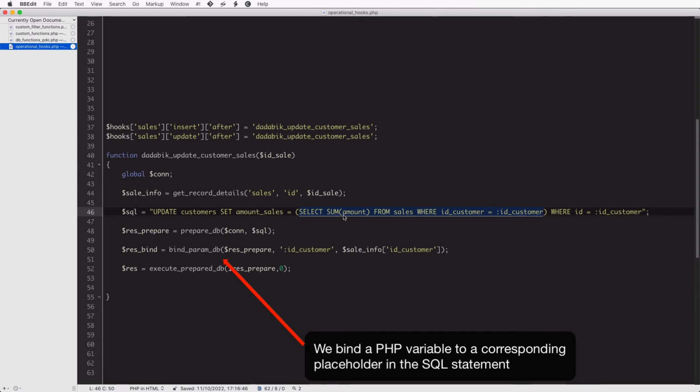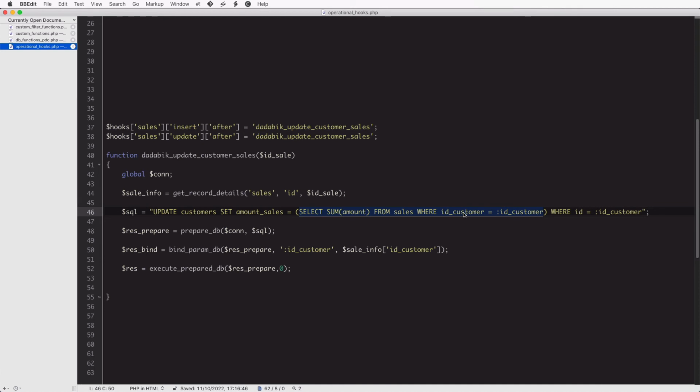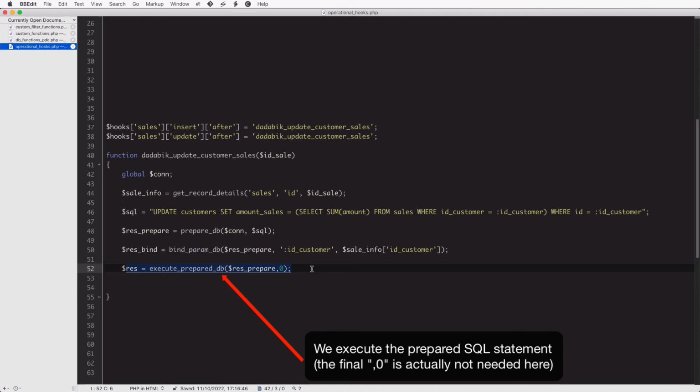Here we are summing together all the amount values you have in the sales table related to that customer, again, where ID customer equal to :ID_customer. So with this bind function, we replace both this ID customer and this ID customer that we have in this subquery. And finally here we execute the prepared statement. We do it both after insert and after update.